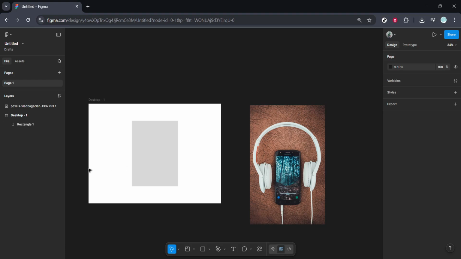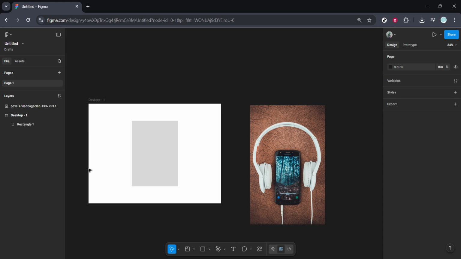In today's video, I'm going to teach you how to paste images inside component instances in Figma. This is a common task for designers, especially when working with design systems or reusable UI elements, and knowing the right method can save you a lot of time and maintain your component's integrity. We're going to walk through a simple, yet powerful technique to achieve this seamlessly, ensuring your components remain flexible and